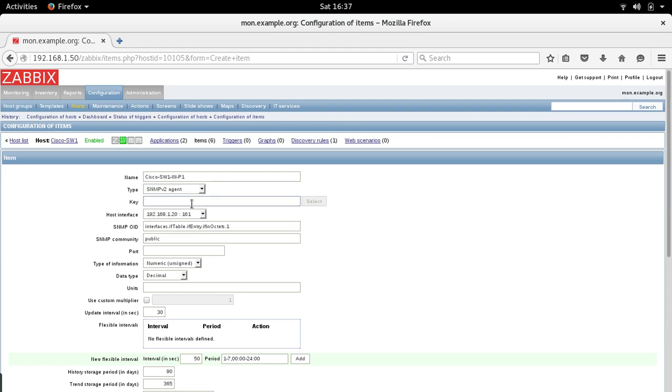Okay, the key is very important. Key you can call it, let's say, Cisco switch. Same thing. No dashes, you can say it like this, Cisco in SW1. Okay, host interface is fine,